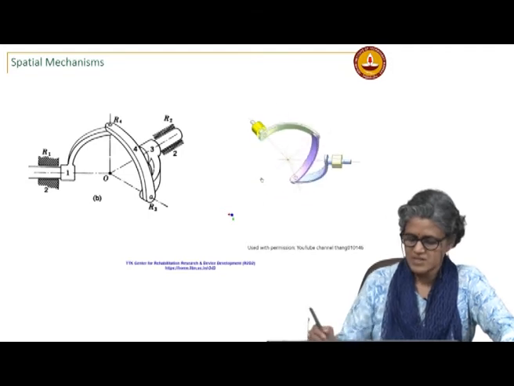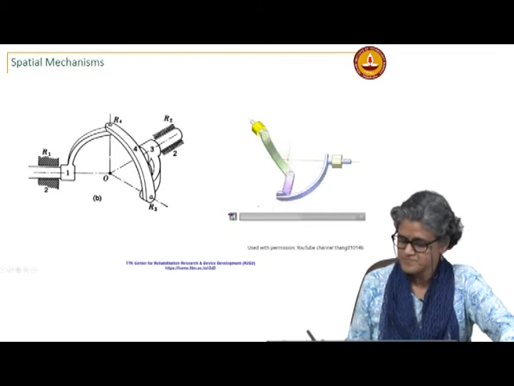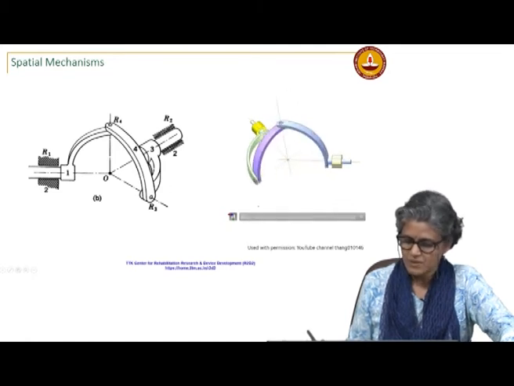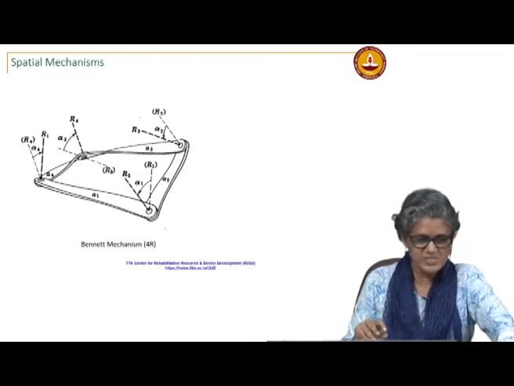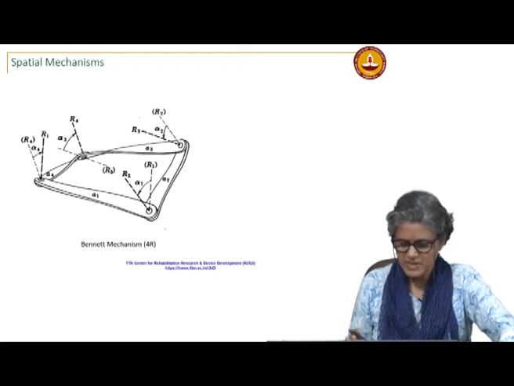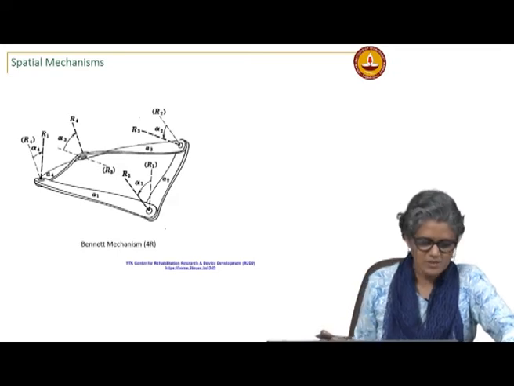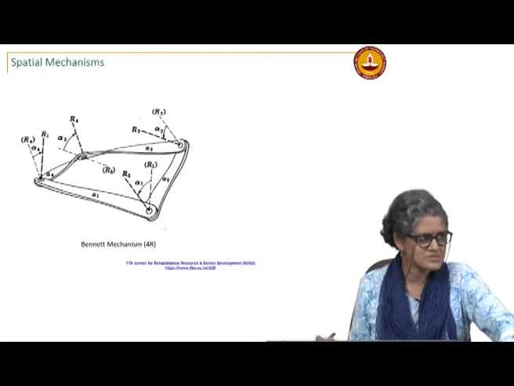So, but this shows that spherical nature nicely. Okay. And then you can have other mechanisms. So, this is like a twisted 4 bar, it is a special mechanism called the Bennett Mechanism. So, I just wanted to show you that. I do not know of any applications of this, but